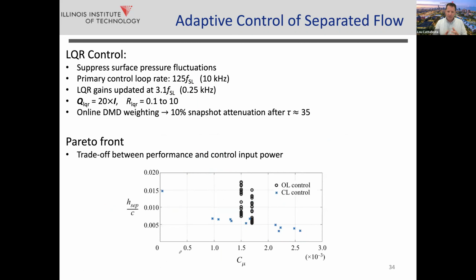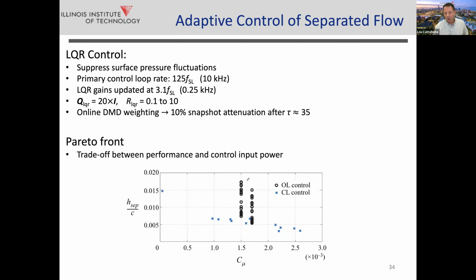Well, it turns out, like I said, you can vary R, the weighting term or the penalty term for the actuation, over a wide range. And essentially what this means is you get a Pareto form where you're trading off the performance, which for us is the height of the separation bubble normalized by the chord, versus C mu. And so all the closed loop control cases are essentially falling along this front. So you can imagine as C mu gets larger, if we went higher still, we could have closed off the separation bubble completely. On the other hand, if C mu goes to 0, we ultimately achieve the baseline case over here.